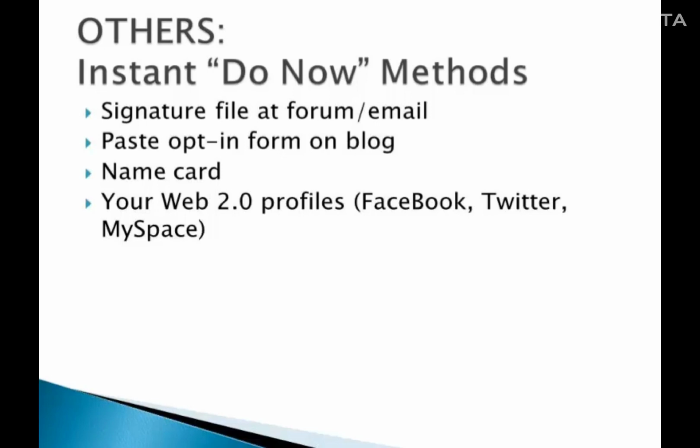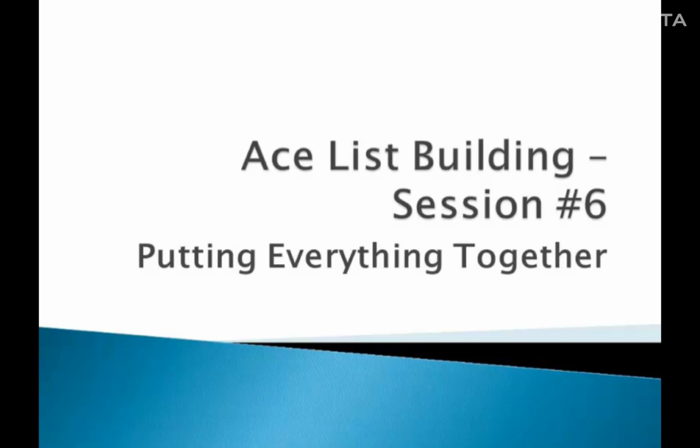So far, all the methods we've discussed are actually rather low cost. They will not cost you thousands of dollars, only a couple of hundred a month at the most, and even then, you can set your budget to be scalable. This concludes the traffic generation session, and when you start getting the hang of it, you can also automate the traffic generation methods when your system has proven to convert. Systems like pay-per-click, Facebook, and Twitter, for example, are all actually automated traffic generation methods. Ace List Building, Session number 6.